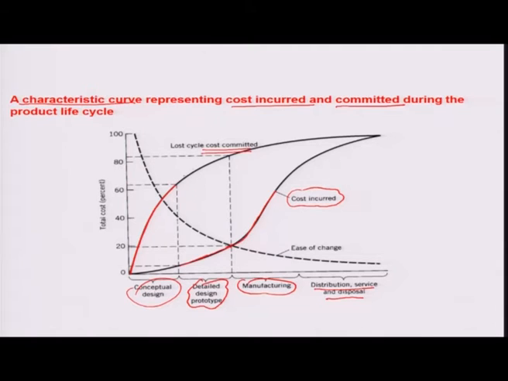Then of course, there is a manufacturing phase where the stage witnesses growth and maturity in sales, and all the manufacturing, marketing, selling and distribution costs are incurred at this particular phase, and that is one of the reasons why there is a gradual rise in the actual cost incurred. And then there is a service and abandonment stage, and this is typically the last stage of